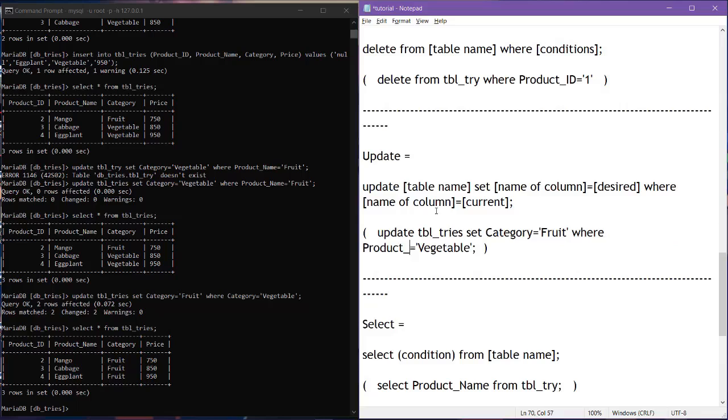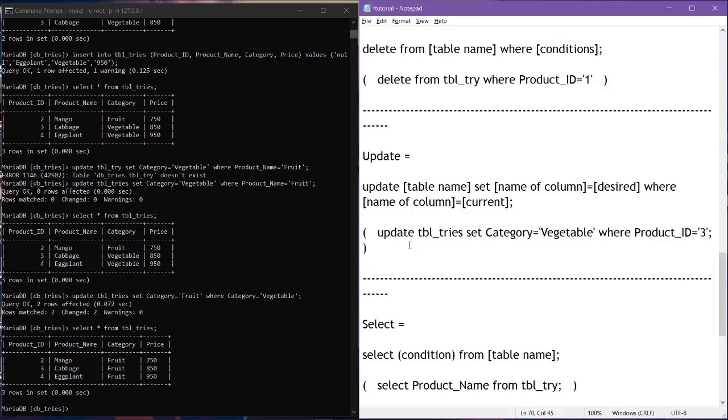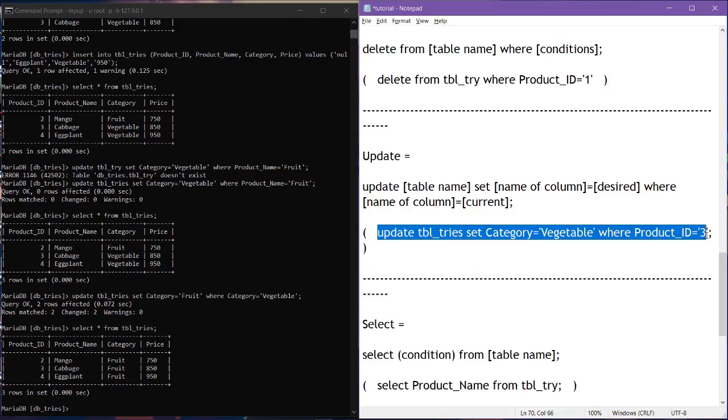Now I will turn cabbage into a vegetable again. And enter here. So it changed. Yeah, there. Only the cabbage changed, okay?